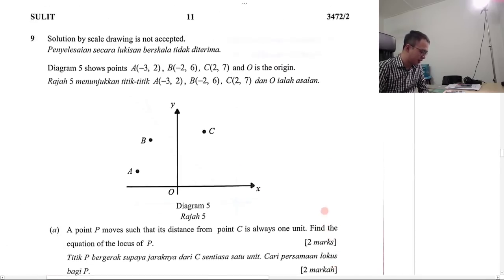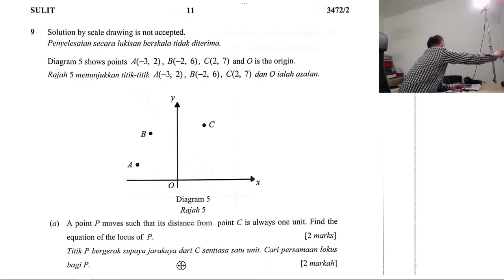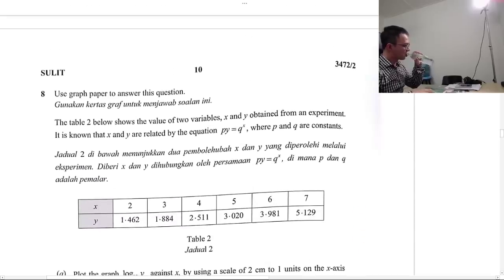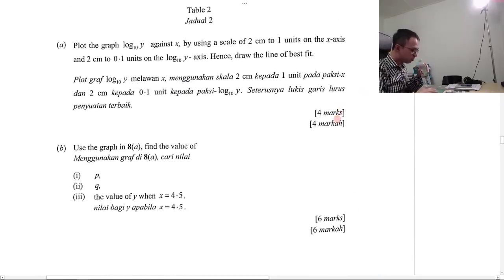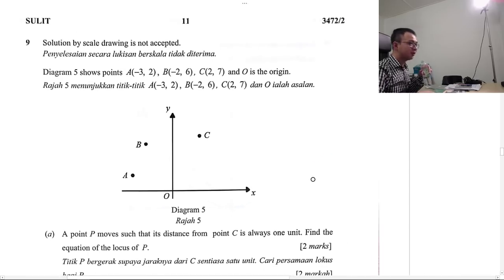Alright, so yeah, coordinate geometry, which is one of the easiest topics for me. Alright, so yeah, let me just drink some water. Oops. Yeah, I guess this is section B, but this paper doesn't mention section B. Right, so